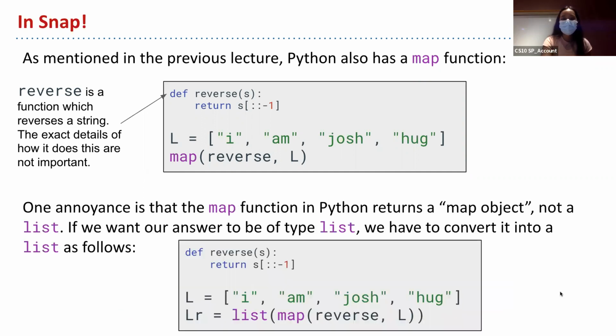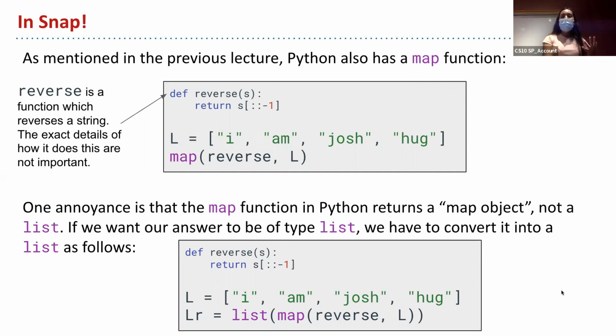Okay, yeah. So this map function exists, but something a little annoying about it is that it returns an object called a map object, and it's not actually returning a list. So if we want our answer, our reverse list, to be of type list, we have to call this function called list on it to convert it into a list type. I think Maddie talked about this a little bit yesterday, but basically, if you're calling map, it's not going to return a list unless you do this. It's really easy to convert it to a list. You just write list in front of it and put it in parentheses. But it's important to remember to do that because since it's a map object, it's not going to have access to those functions that exist only for lists unless you include this. So yeah, that's one thing.